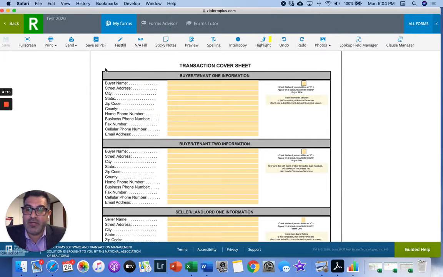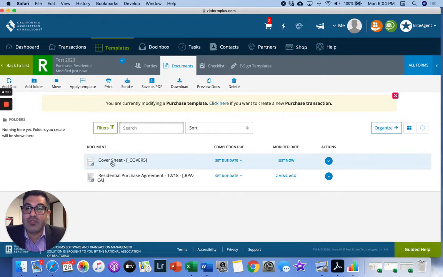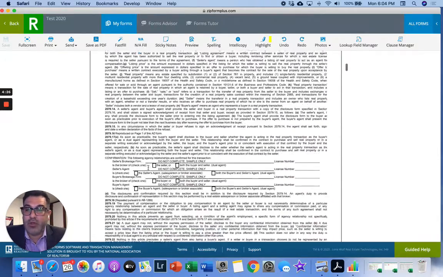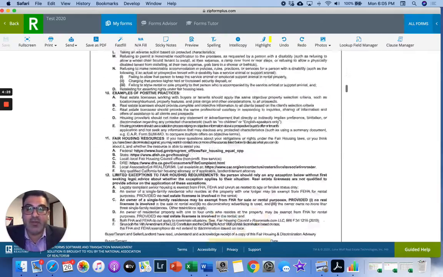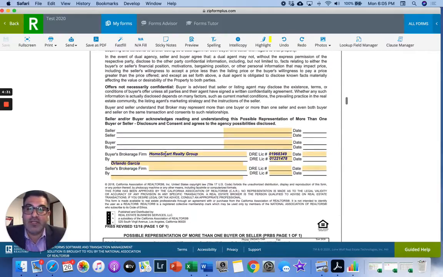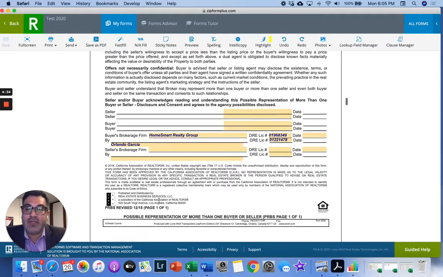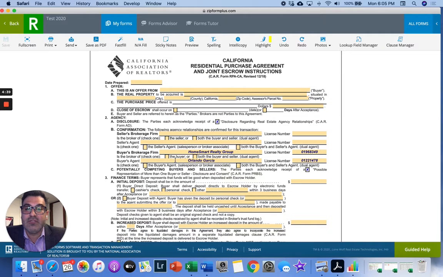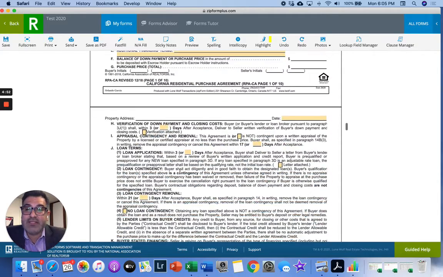Remember, this is just our template. So anything that we're doing in our template is going to be stored here. This is where you would change things in your RPA that you always want on your RPA. If it's customary for that to be on there, this is where you're going to add it. You can see that the names are automatically populated in here because it's pulling from your cover sheet. So one thing you can do is, you know what, I'm always going to be the buyer, or if you're writing for somebody else, you be the seller. Anything that you do on here, you could just come back and check it off if it doesn't pertain to this. For example,